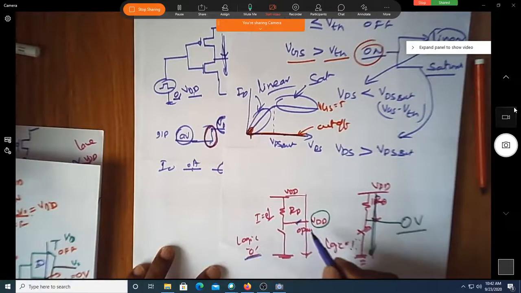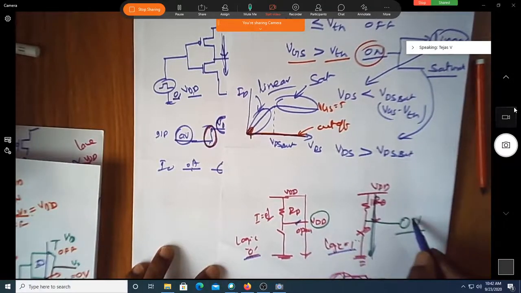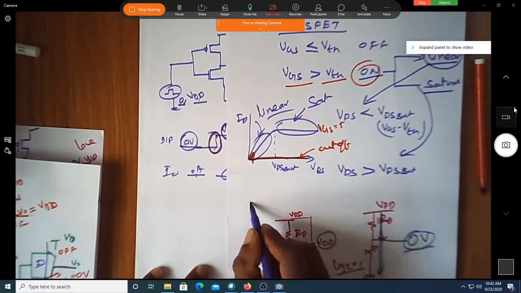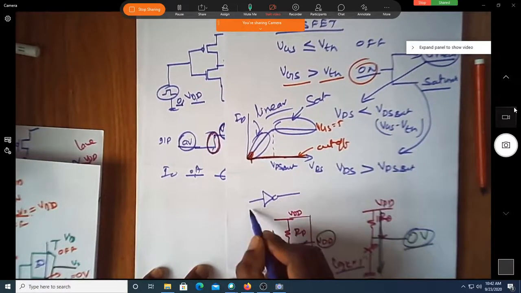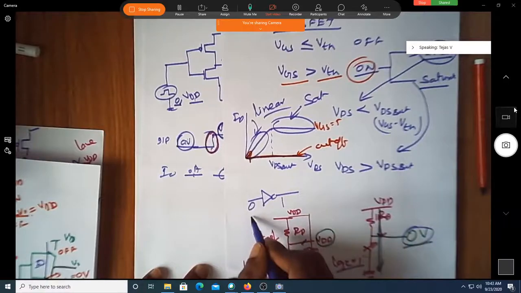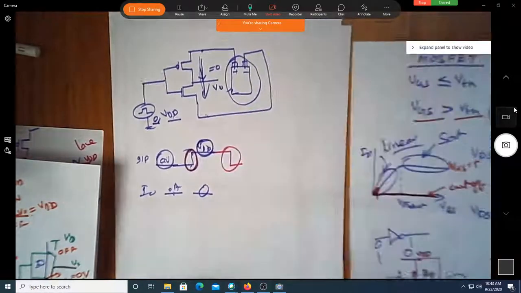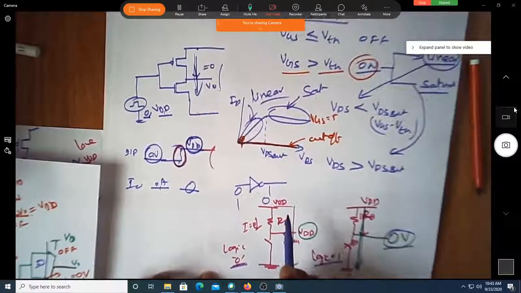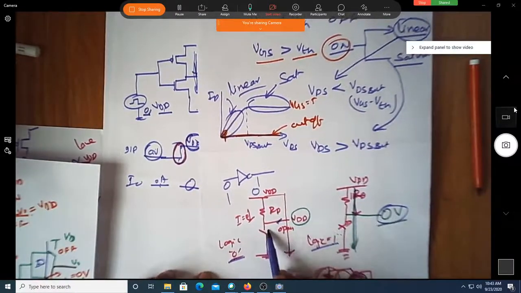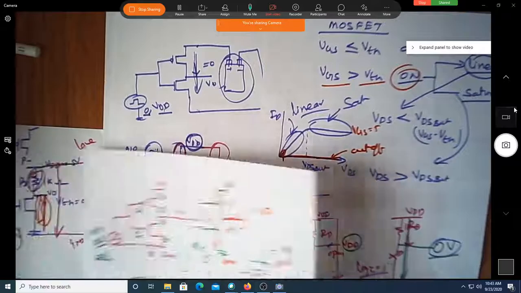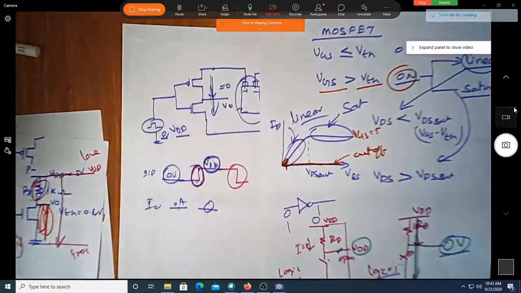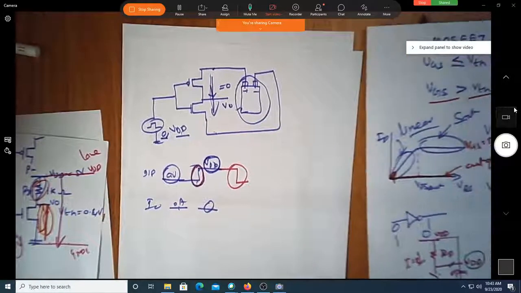Hello. Yes, sir. If you give logic 1 at the input, were you getting 0? Yes, sir. There is no problem for inversion action. So inversion action is still there, whether you take this circuit or that circuit. Both are inverters. But here you have only one transistor and a resistor. Here both are transistors. Can you see the transistors are complement in nature?